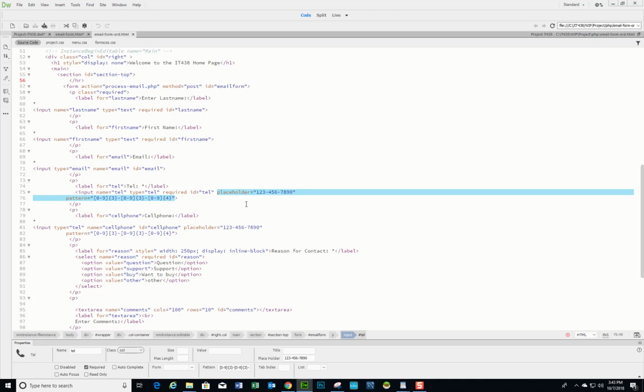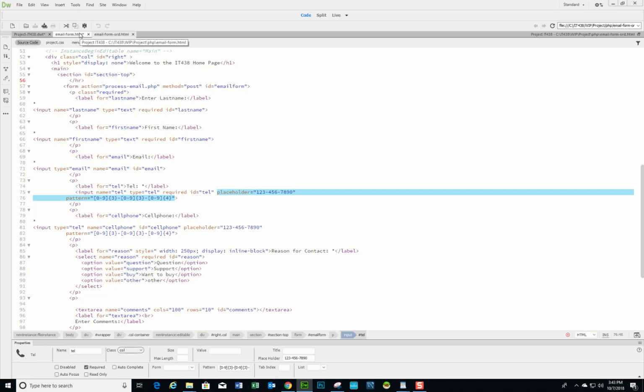So what this means is placeholder just makes it easy for people to see what they're doing, and we're going to change it. Basically, this means the pattern is a digit from 0 to 9 for 3 places, then a minus sign, then 0 to 9 for 3 places, then a minus sign, 0 to 9 for 4 places. So we're going to copy this, then we're going to go back into our email form